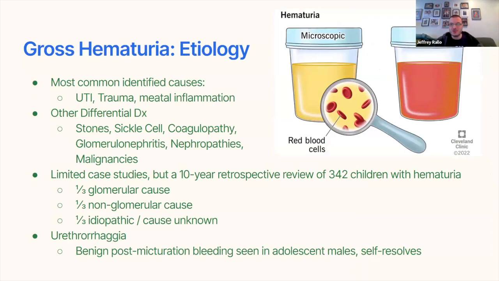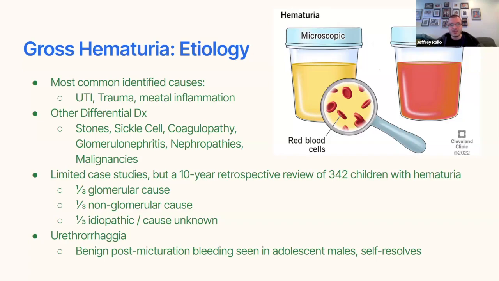Okay. Gross hematuria, and gross just means that you can see the color change visually, rather than only seeing it on micro. Most common identified causes in pediatrics are urinary tract obstruction, any trauma, both to the GU system or intra-abdominal trauma, blunt kidney trauma can cause this, or just any inflammation or abrasion to the urethral meatal opening. We commonly see that in the little boys who can't keep their hands to themselves.